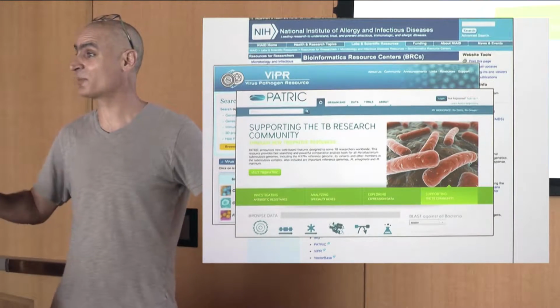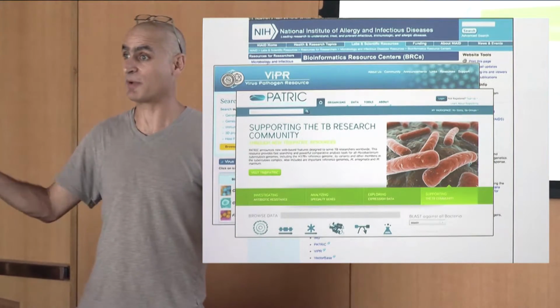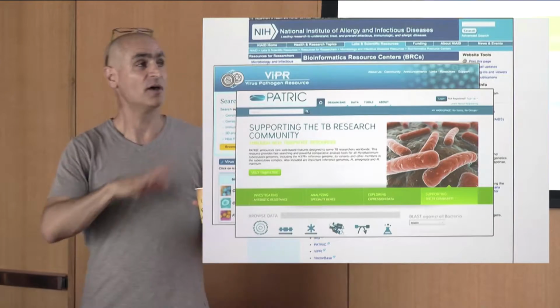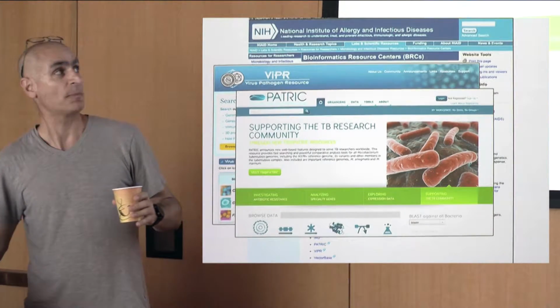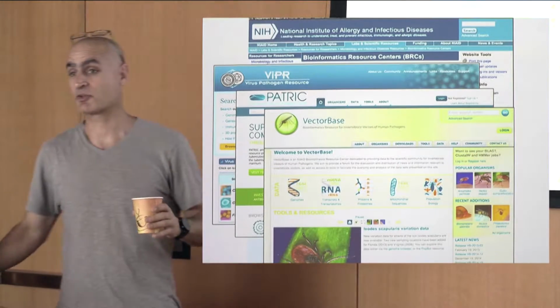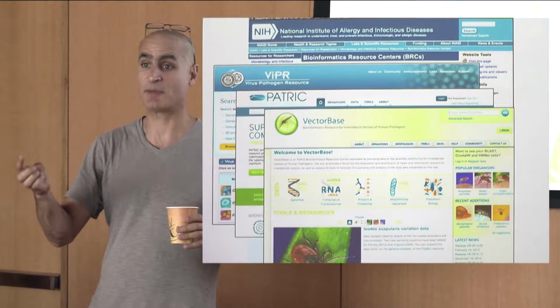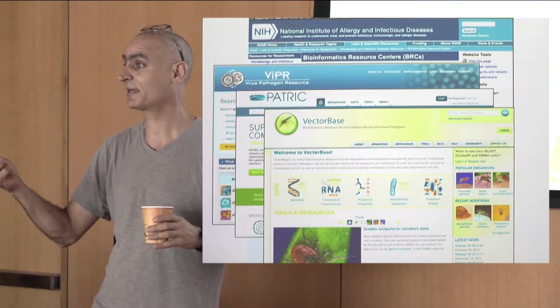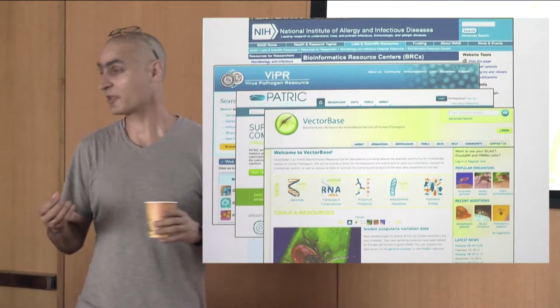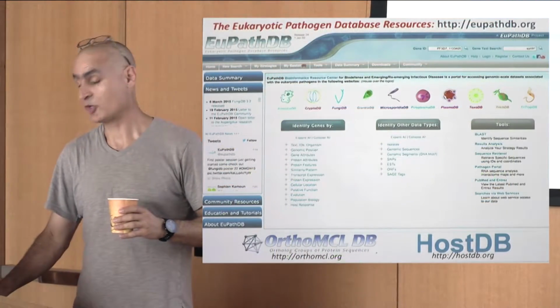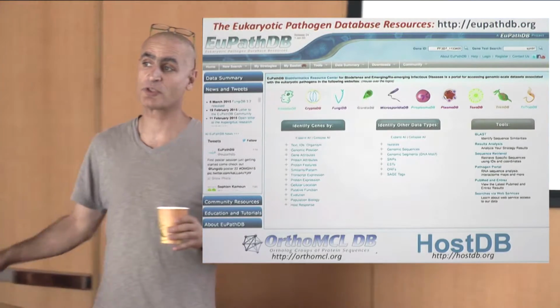All of these are freely accessible. They're all funded by the government, by my taxes, your taxes, which fund these resources. And then there's one for vectors of all of these organisms. Many bacteria need to be carried by a vector, like a mosquito or a tick. Same thing with viruses. And ultimately there's PathDB, which is the database I work for, which is for things known